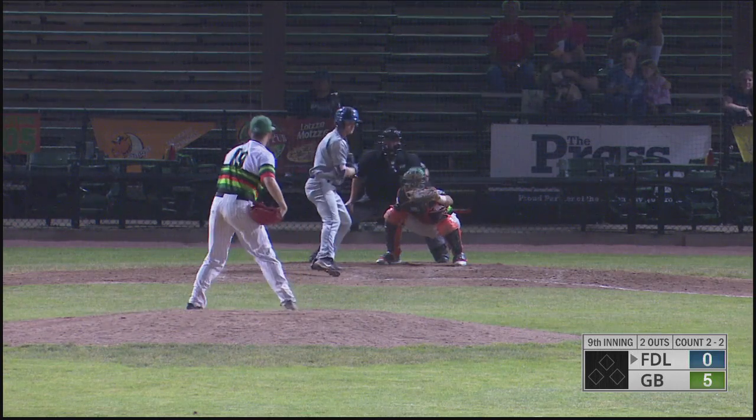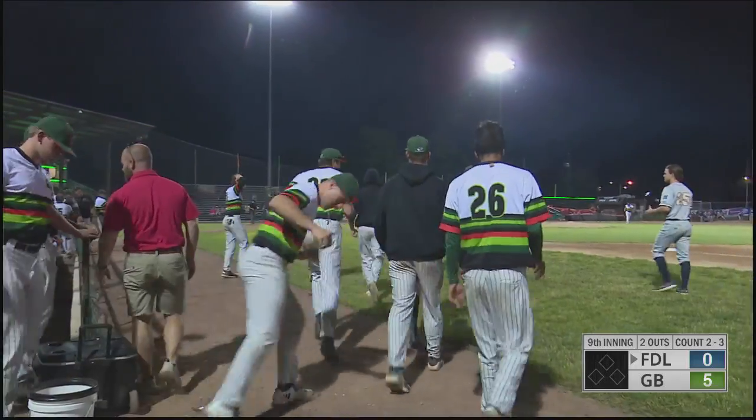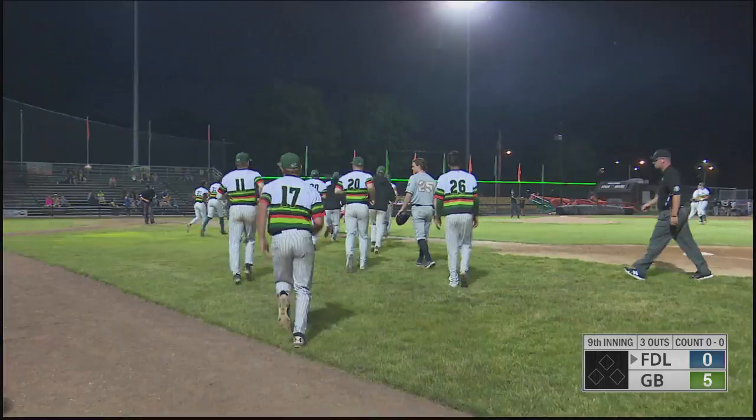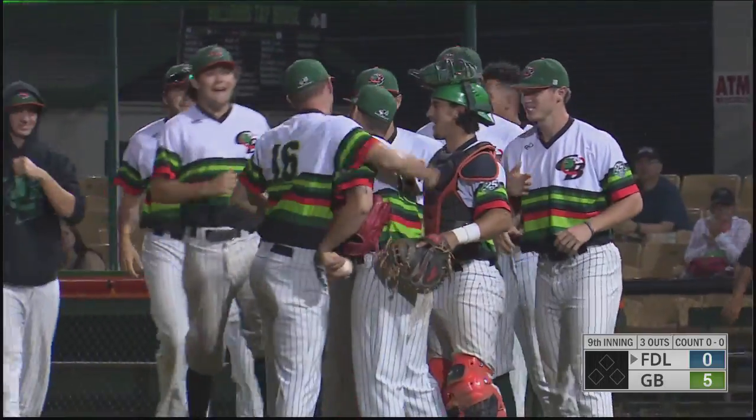And the 2-2 pitch on the way. Curveball got him looking on the outside corner, and that's a Green Bay Bullfrogs victory. Bullfrogs get their first win against the Fond du Lac Dock Spiders this summer with a 5-0 shutout victory here at